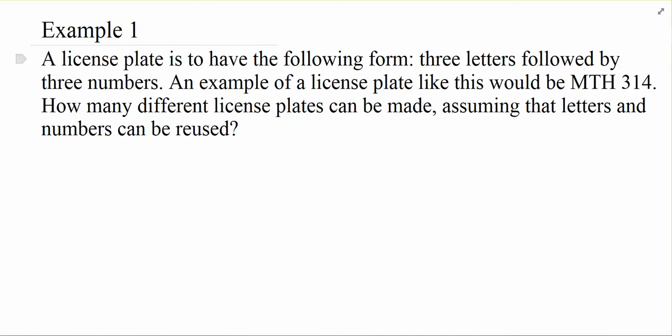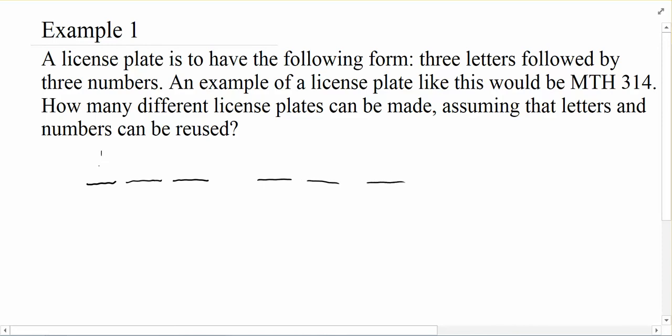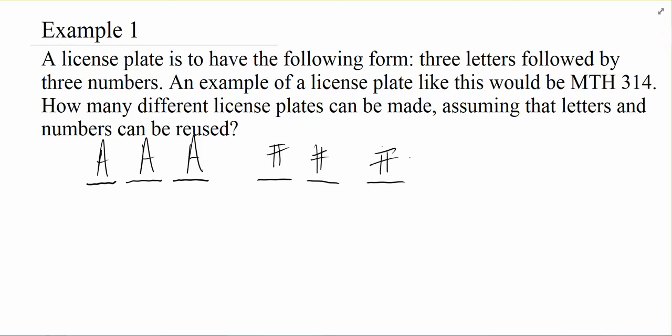So what leads me to believe that this is going to be a good counting principle type of problem is the fact that every choice I have to make is completely independent, and I can count how many ways I can make that choice. So in this example here, our license plate is going to have a letter, a letter, a letter, followed by a number, a number, a number. So I'm going to go ahead and put A to remember that these are letters, and these are going to be numbers here. And for each of these, I know how many choices I have for each individual digit here.